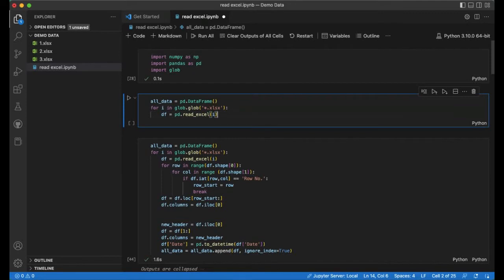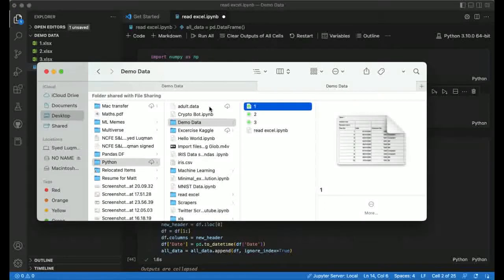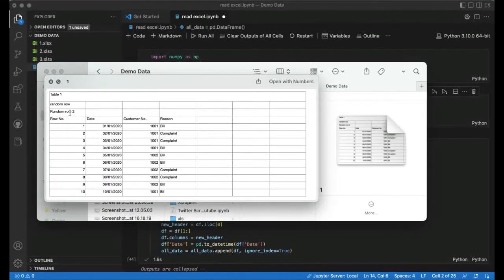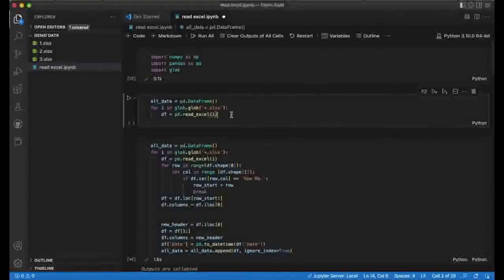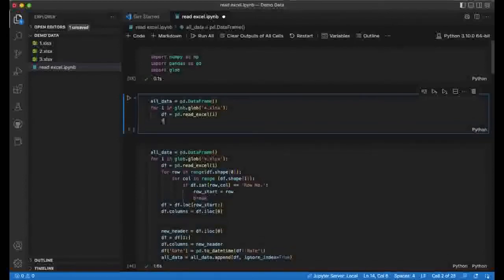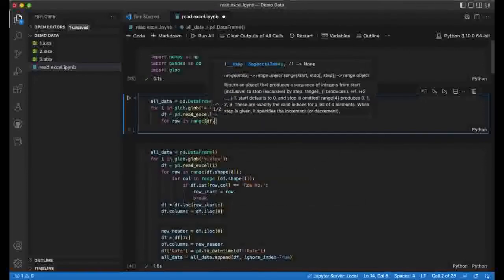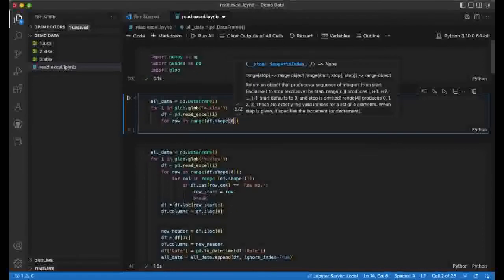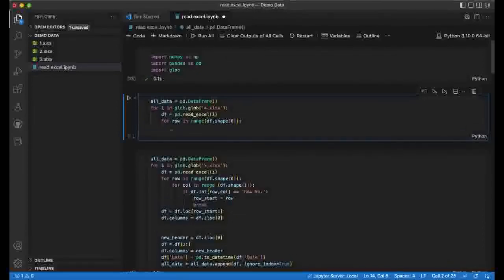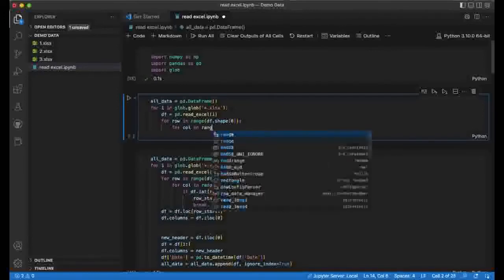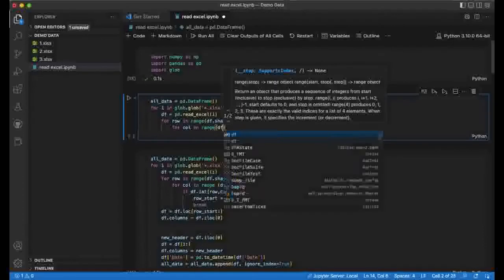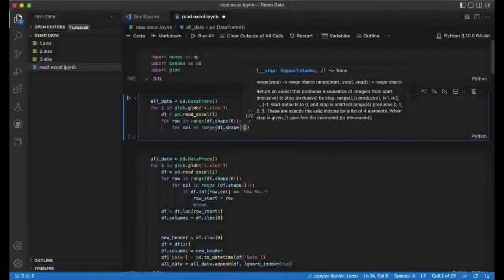But what will happen if I just run this code? It will not only import the tables, but also the rows that we don't want, for example these random rows, and we don't want that. We only want the table behind those rows. So you need to specify the location in Python to read those tables. For that, we will say for row in range(df.shape[0]), that is basically your rows, and for column in range(df.shape[1]),